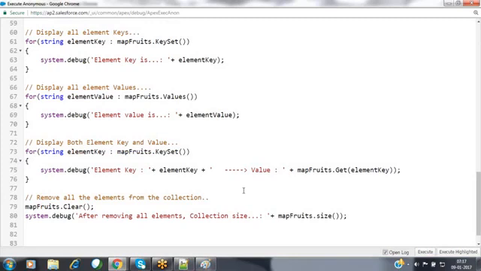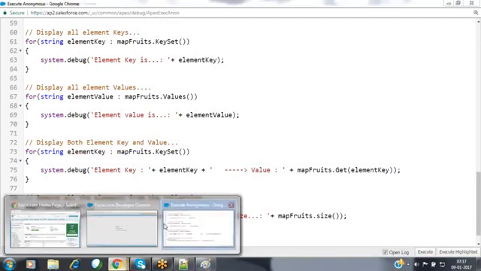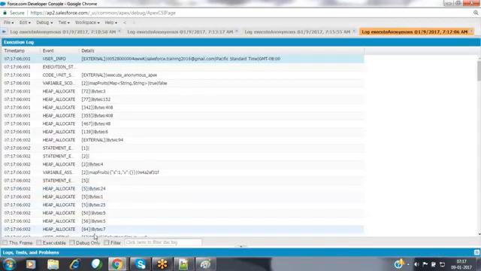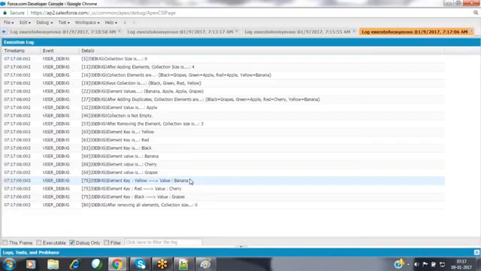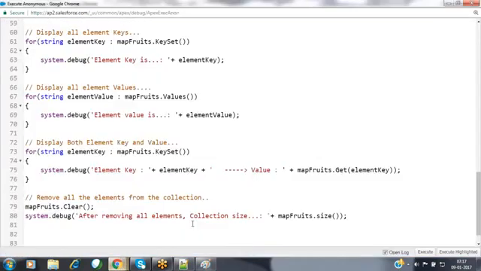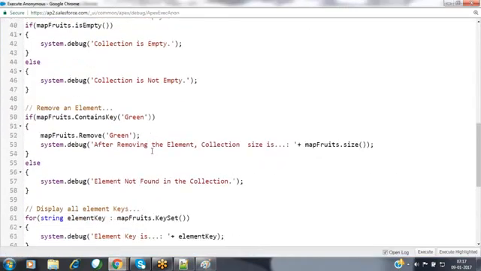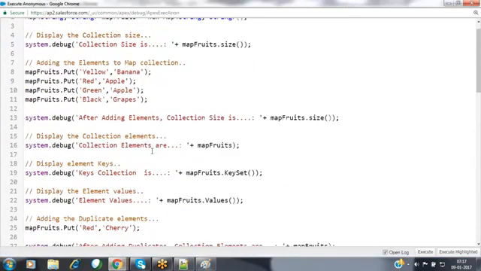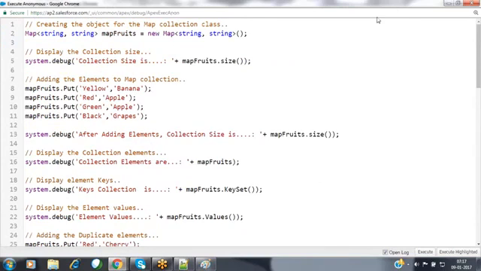Now click on execute. Once all the elements have been removed, the collection size will be 0, so it gives that message here. After removing all elements, collection size is 0. So this is the way we use the various methods inside the map collection class. Okay, now we are done with the list collection, set collection, and the map collection. In tomorrow's session, we are going to be discussing